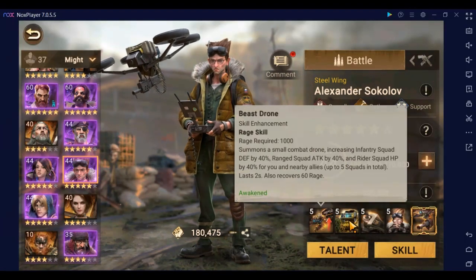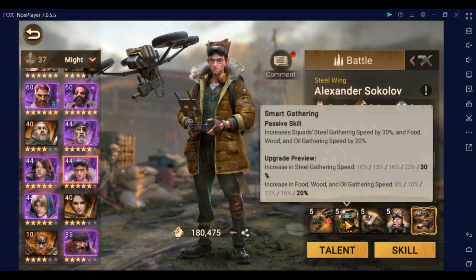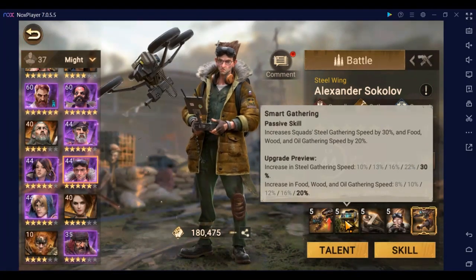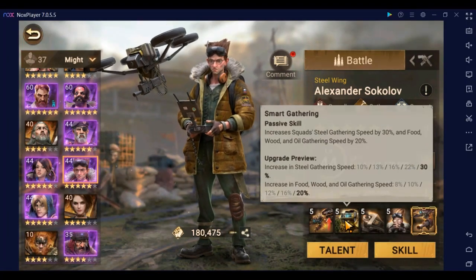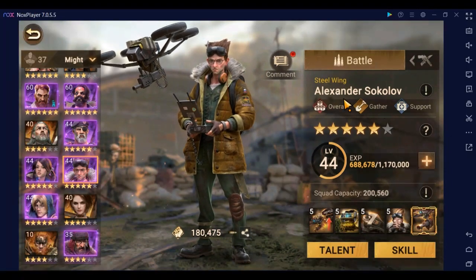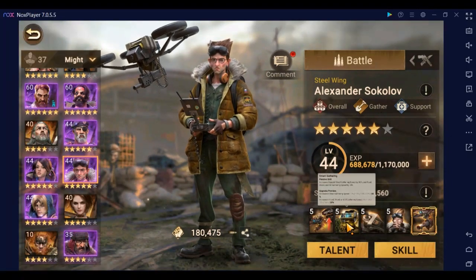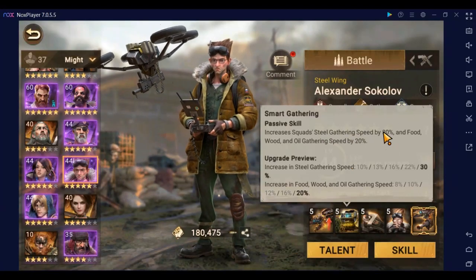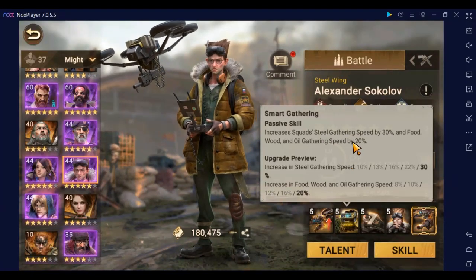Now, skill number 2 increases squad's steel gathering speed by 30% and food, wood, and oil gathering speeds by 20%. He is a gathering commander first and foremost. That's what he was built to do. So having a nice steel gatherer for a 30% buff is always great, and still buffs the other gathering speeds